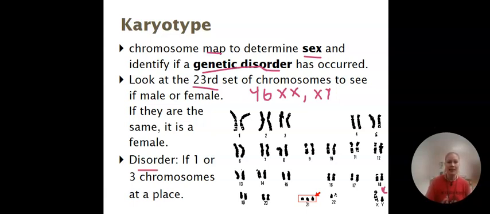With this karyotype, we can see that there is a disorder that has occurred right here at chromosome number 21, because we have 3 copies of chromosome 21. And so this individual would have Down syndrome because they have an extra chromosome 21. Now, let's say this individual only had 1 copy of chromosome 21. That would not be Down syndrome. Down syndrome is specifically 3 copies of chromosome 21, okay? If it's any other chromosome that you have extra or missing, it's going to have a different name. But Down syndrome is probably the one that you're going to need to be familiar with as far as our test is